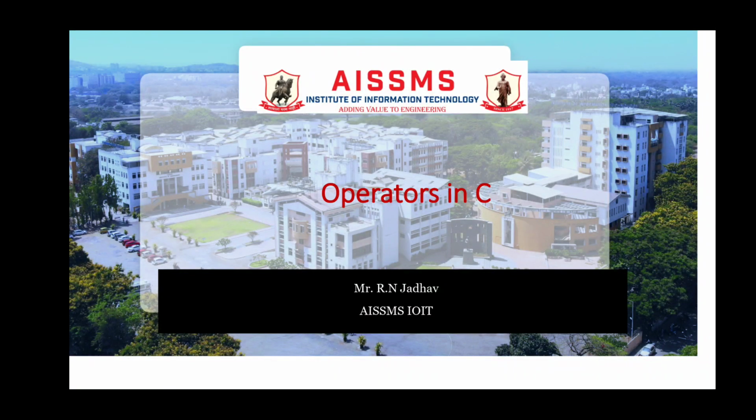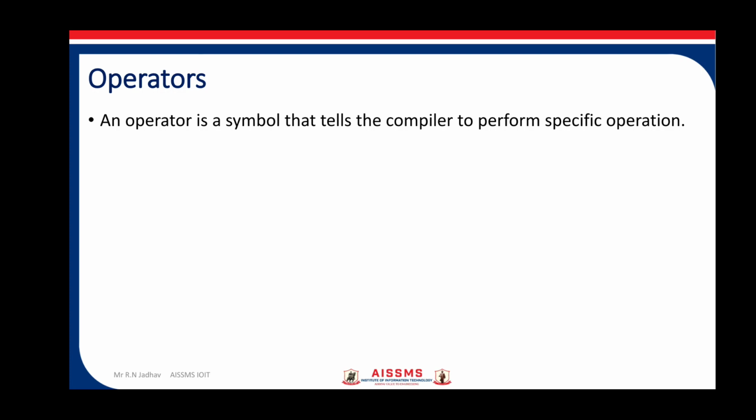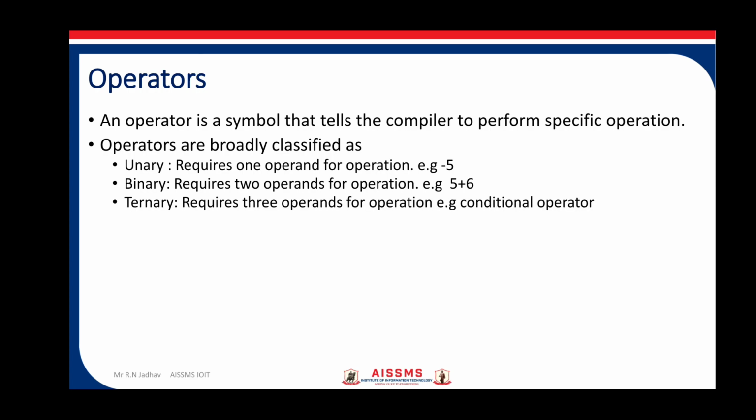Hello all. In this video we are going to discuss operators in C. An operator is a symbol that tells the compiler to perform a specific operation. Operators are broadly classified as unary operator, binary operator and ternary operator depending on how many operands they require